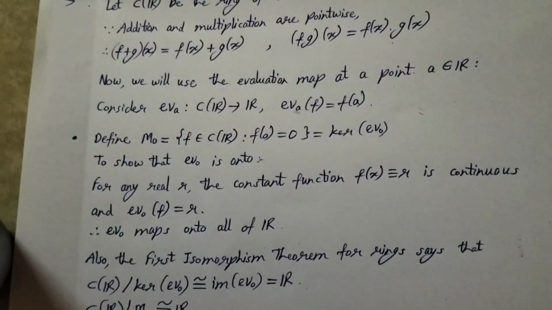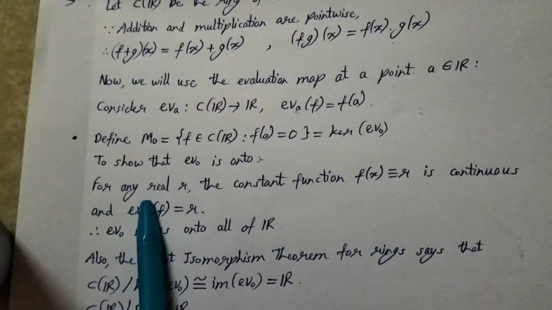Also, the kernel of ev0 is equal to {f belonging to C of R such that f of 0 equal to 0}, which we have already termed as M naught. And to check if it is onto,